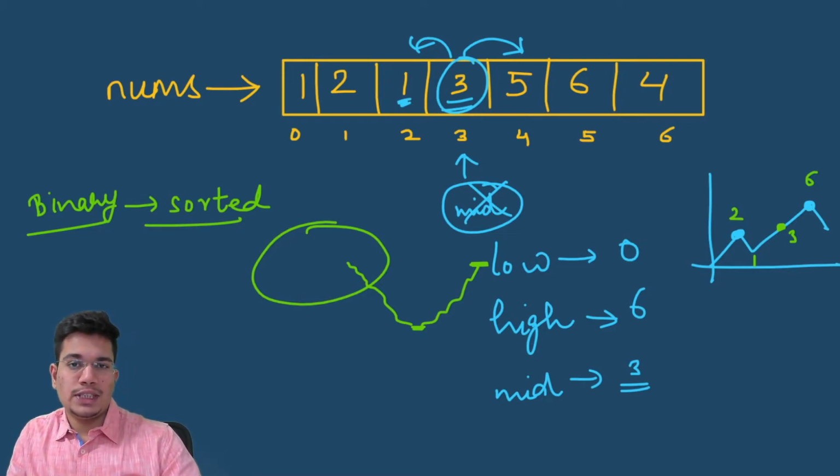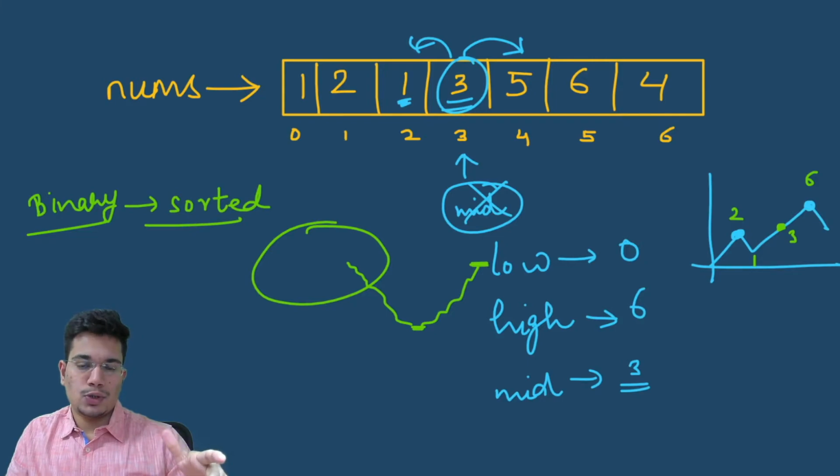And since they have also mentioned in the question that the peak element will always exist, our boundary extreme elements can also be considered as peak elements. For example, if the array starts from this point, then this element will also be considered as a peak. So if I'm at this point, I can simply go towards the side where my elements are increasing to find